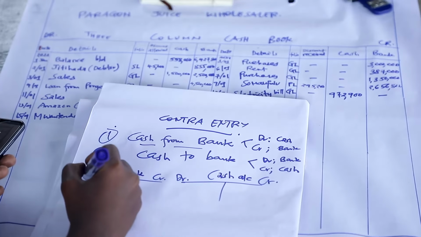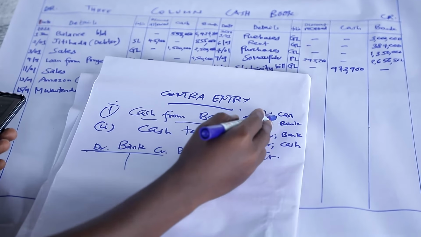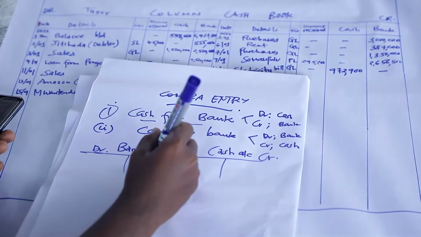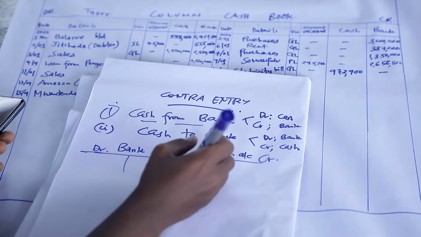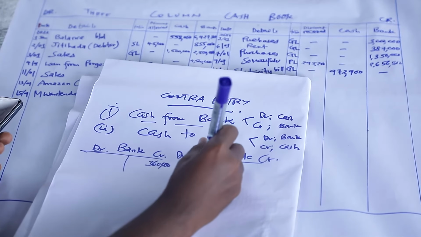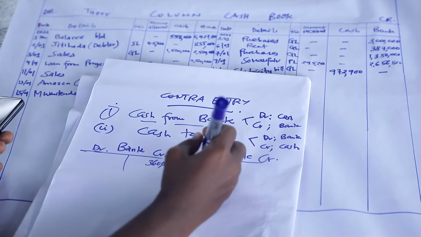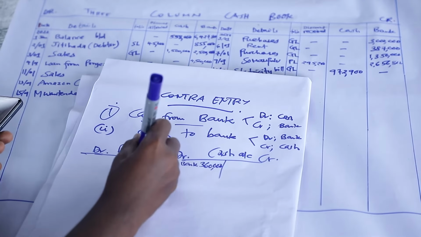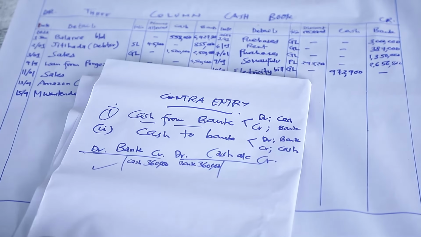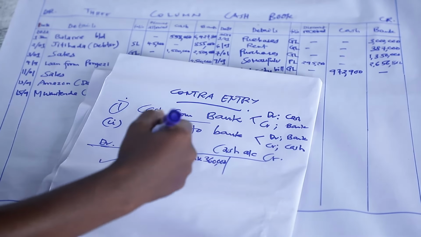Cash from bank maana yake tuta debit cash, tuta credit bank. So bank tuta credit 360,000, alafu hapa tuta debit cash maana zimeongezeka 360,000. So hii ndo concept hii, tutaandika bank alafu tutaandika cash. So hivi ndo jinsi ya ku treat cash from bank, and cash to bank will be the vice versa of